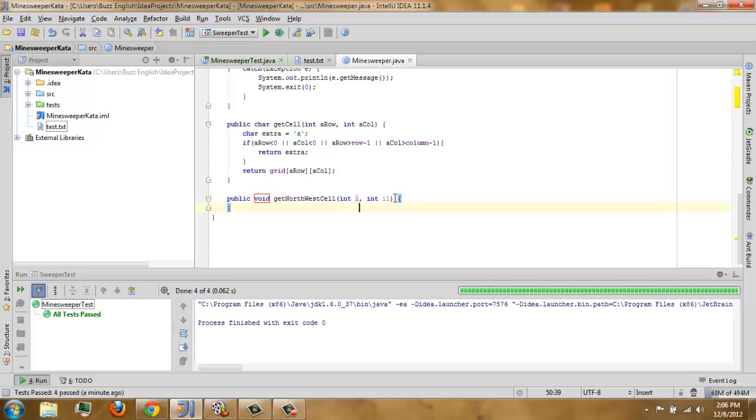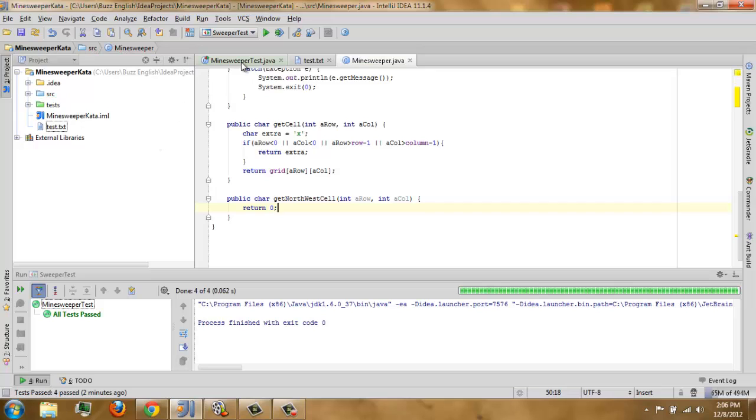We want it to be a character, the same as our get cell. We could do this with another test, but to make it faster, we'll just do that arrow and return something, return 0.